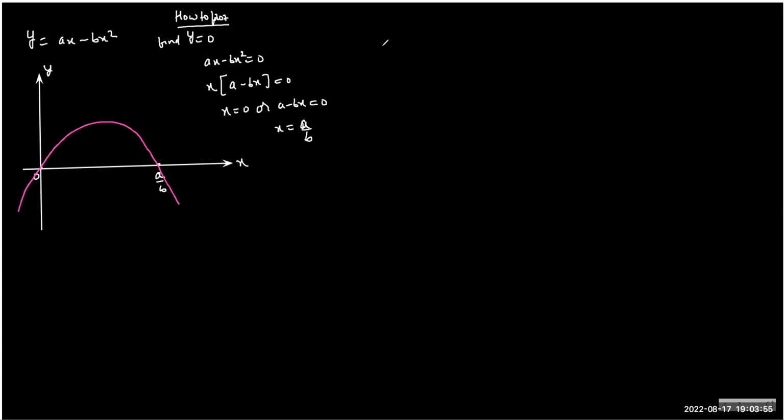And it will pass through these 2 points. So in mathematics, you can extend like this. In physics, we only draw a part of the full graph because physics is all about the real world. So y negative means you're going into the ground. So let's say we don't have the space to go inside the ground, then such a graph we have to